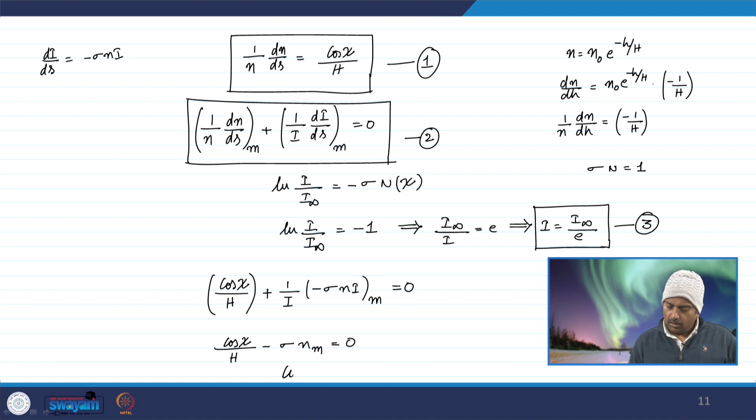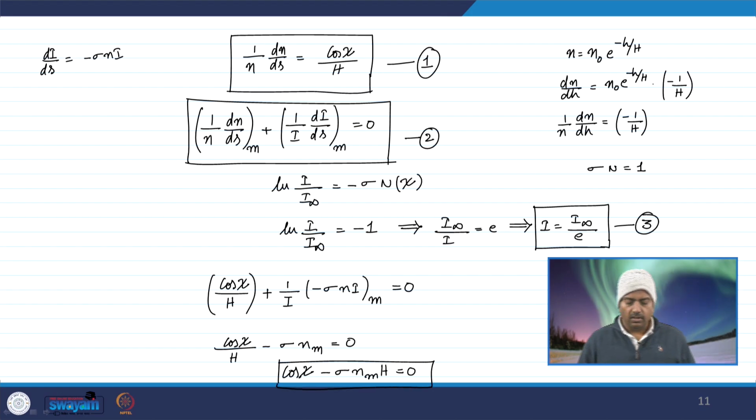Or cos chi minus sigma n m capital H is equal to 0. What is this? This is a condition. What is the meaning of this condition? At the peak production height, this condition becomes valid. So, you take a certain angle, that angle cos chi minus the maximum number of atoms or molecules at the peak production height, the scale height and sigma, they will all